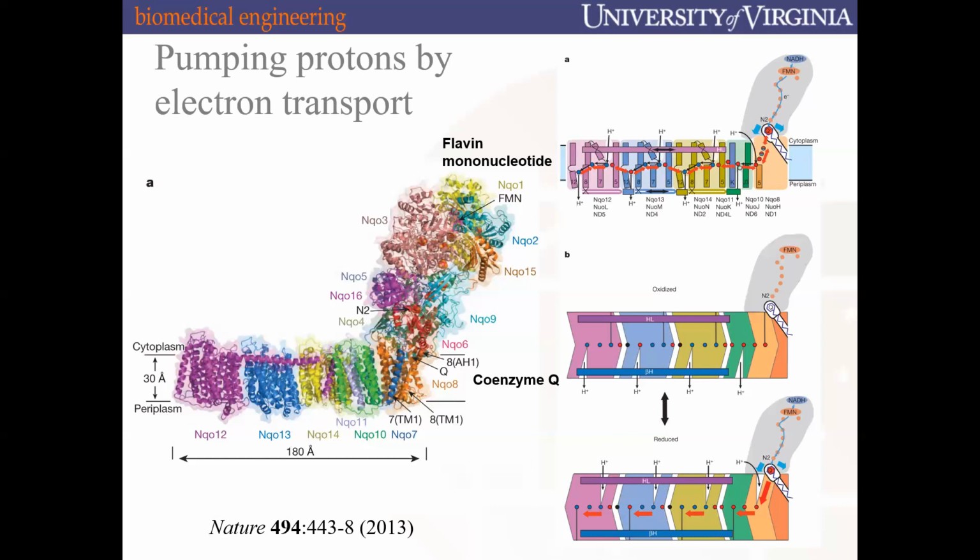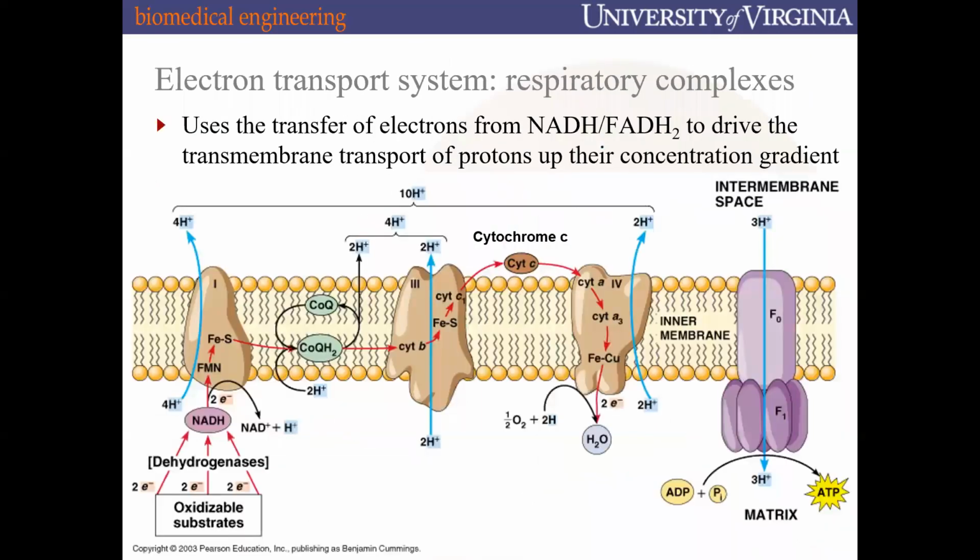Exactly. That's a good explanation. So again, to summarize, we have this percolation of these electrons from iron sulfur clusters